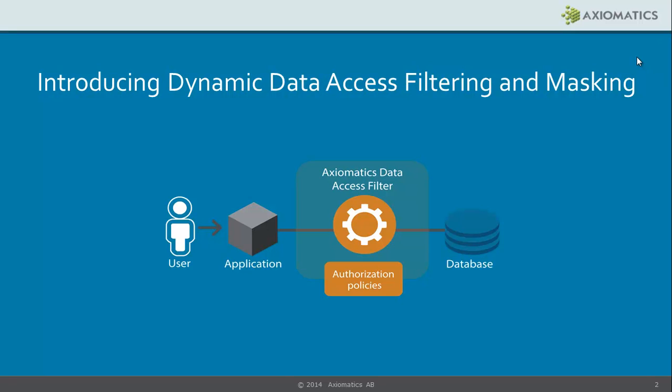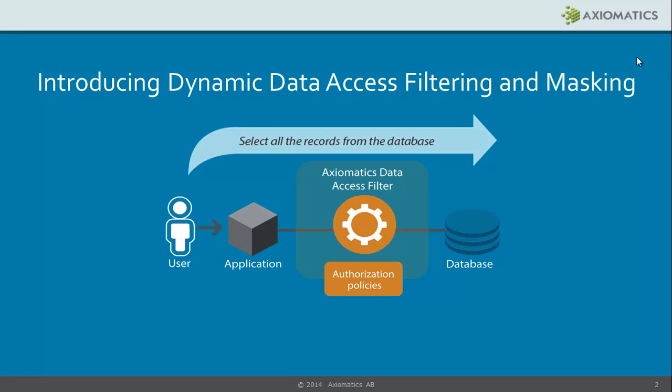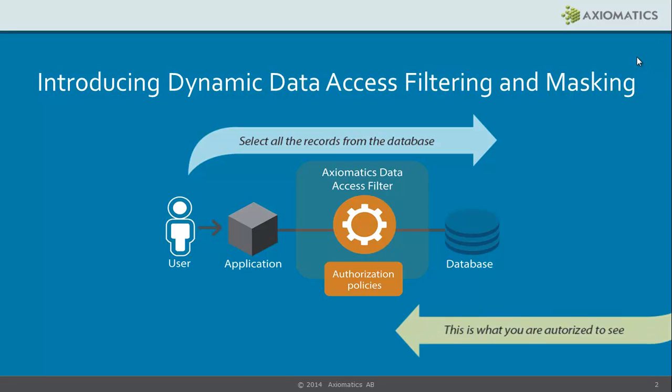The idea of doing dynamic access filtering and masking is to protect data directly at the source, between the application and the database the application is using. We will configure the Axiomatics data access filter with policies such that only relevant entitled data is returned to the application at all times. This is protecting what matters to the user at the source directly and therefore leads to